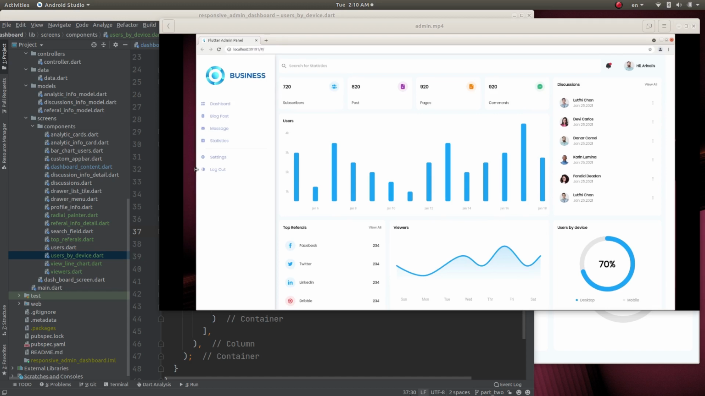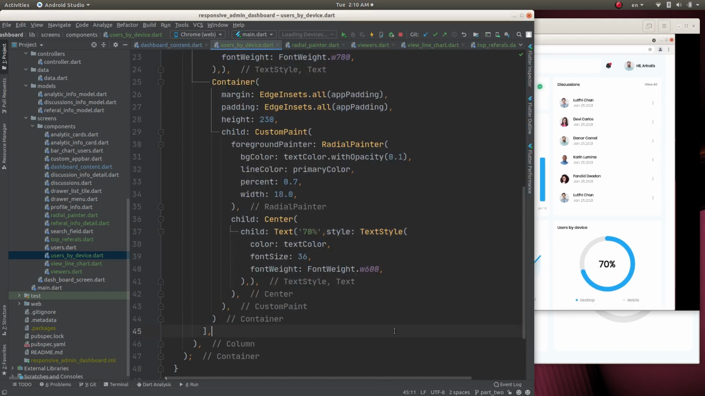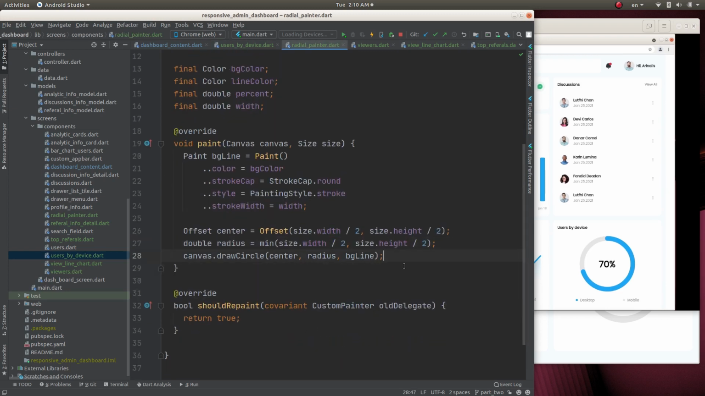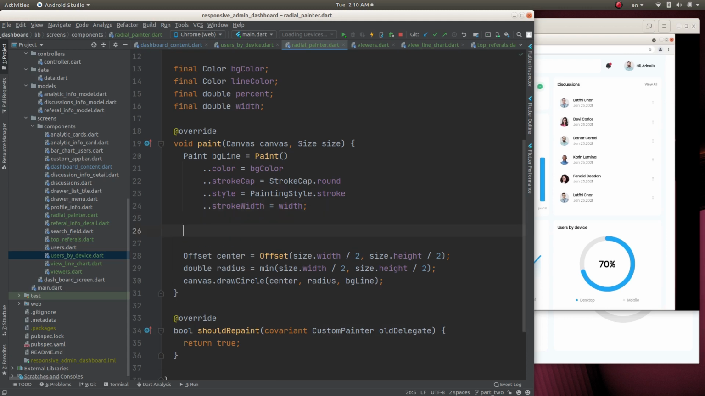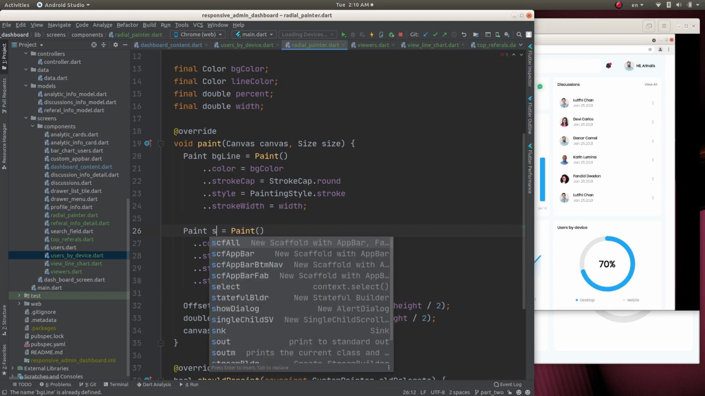mobile. For that, this is button, desktop, and okay. For that, let's go back to Radial Painter. Here. Okay, now let's create the stroke line. For that, we can copy and paste this again for easy coding. Let's name this to stroke line,